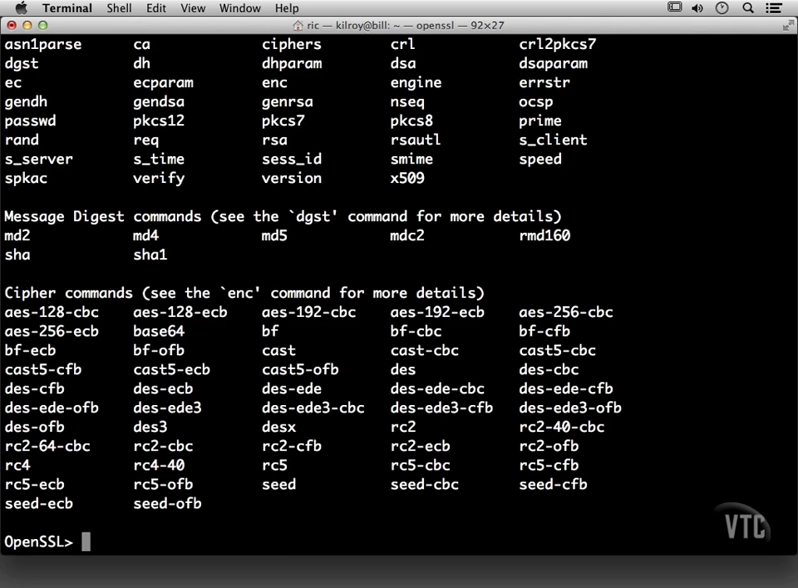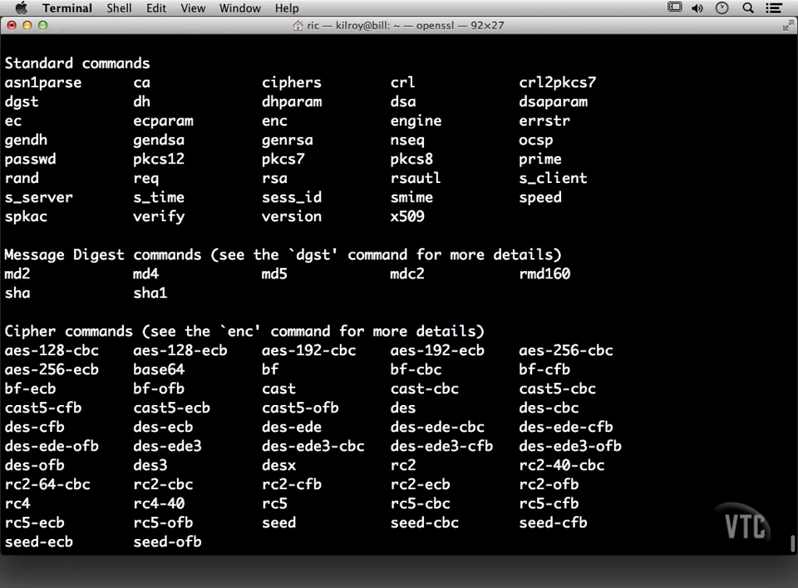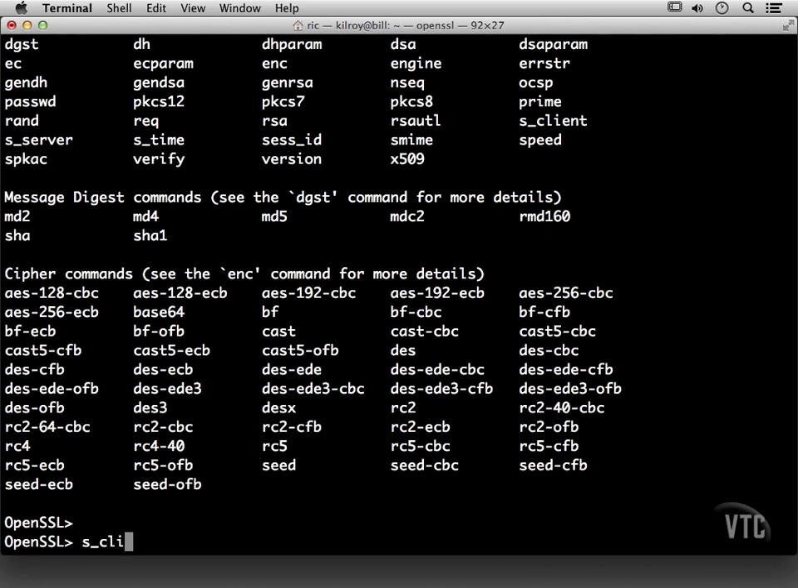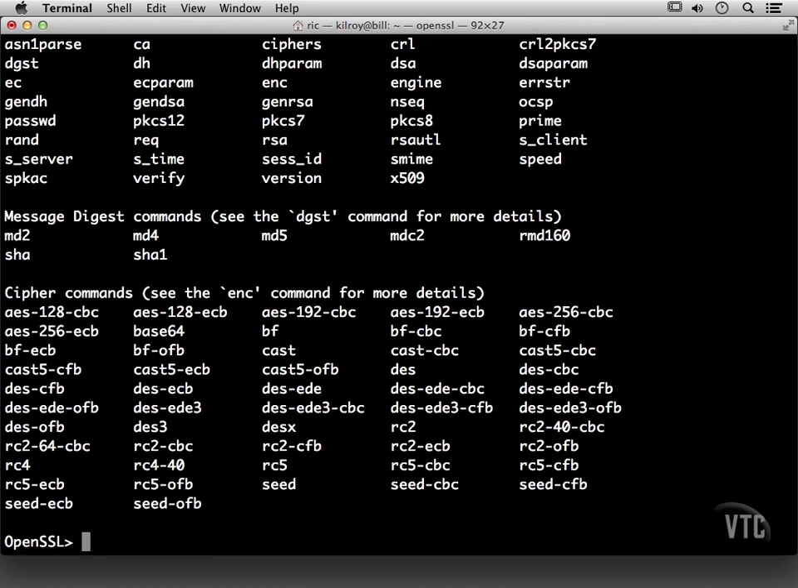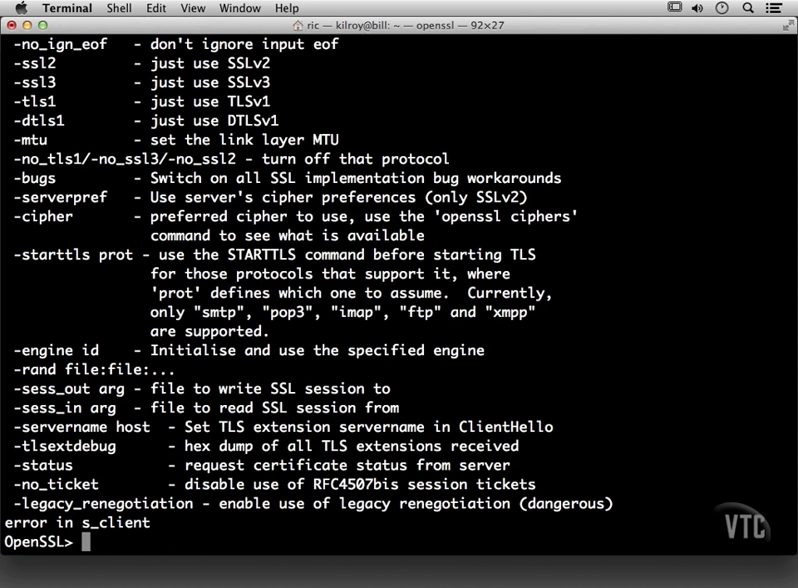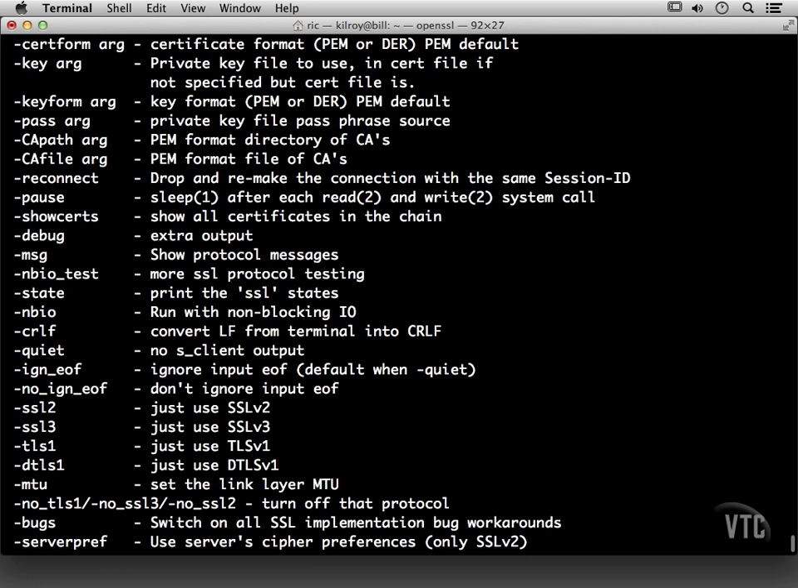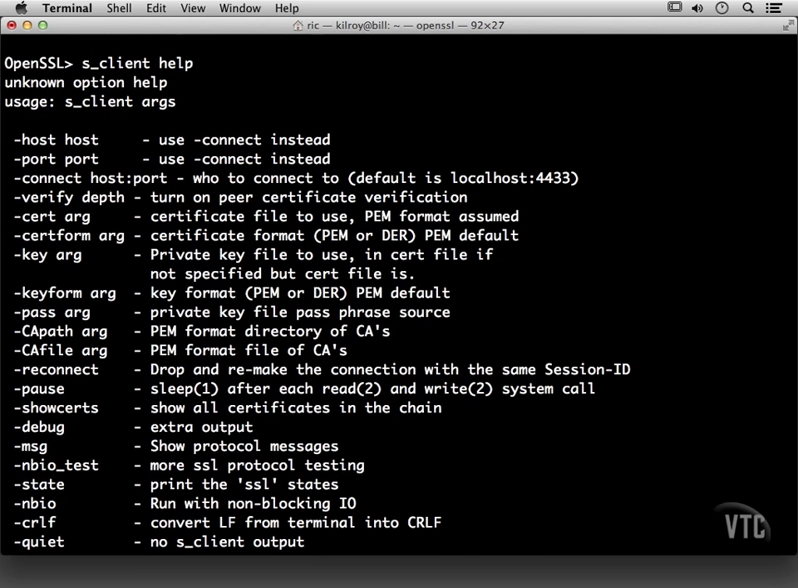OpenSSL actually has a lot of functionality built into it, and what we're going to use here is s_client. So I'm going to do s_client, and I actually get an error there. So let's take a look at the different things that s_client can do. These are the things that I need to know about s_client. So instead of just s_client and having it prompt me, what it's really looking for here is for me to